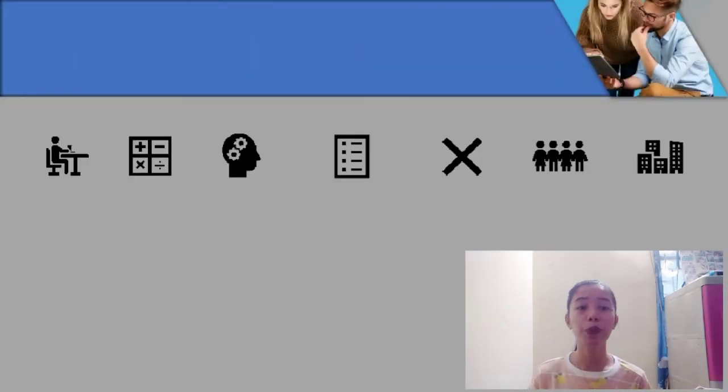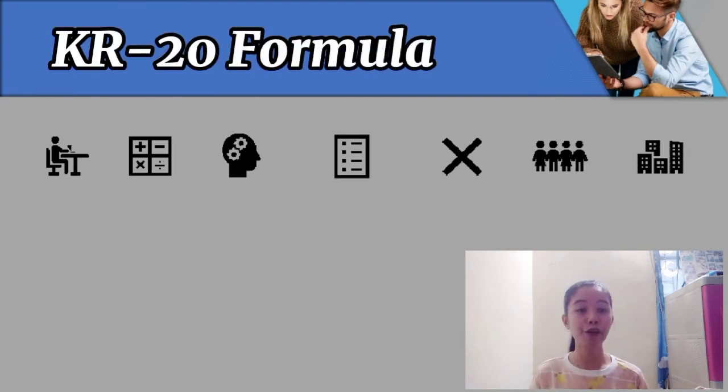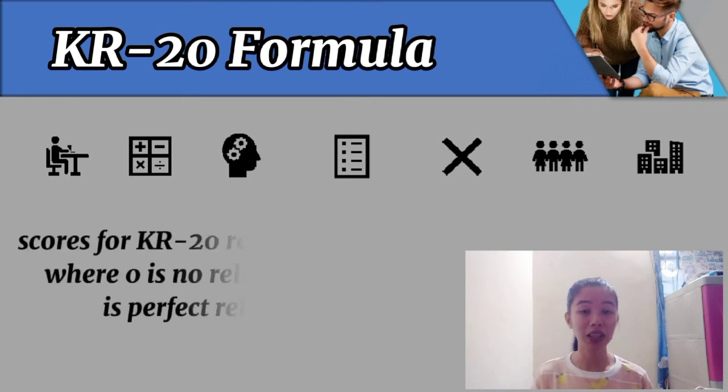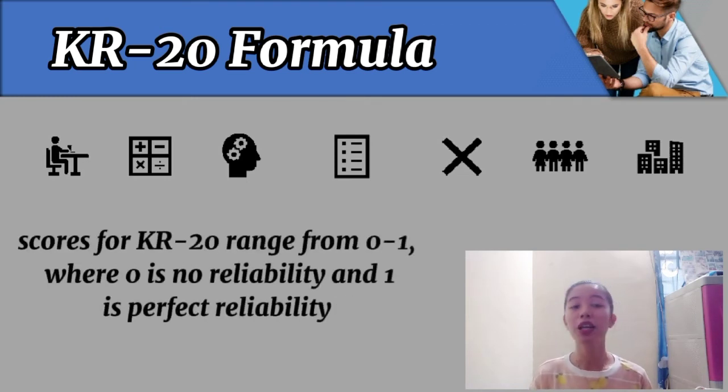There are a number of different formulae used to compute a test's internal consistency, and another one is the Kuder-Richardson or KR formula, used for right or wrong answers such as multiple choice test items. So the Kuder-Richardson formula 20 or KR20 is a measure of reliability for a test with binary variables, for example answers that are right or wrong, just like what I've said.